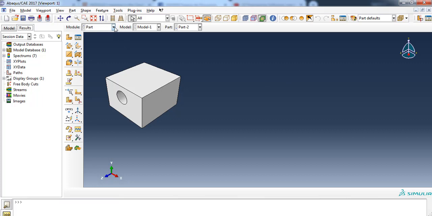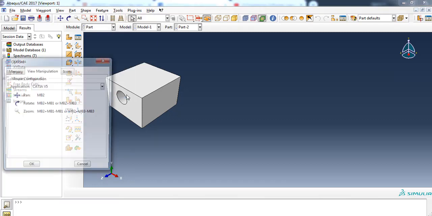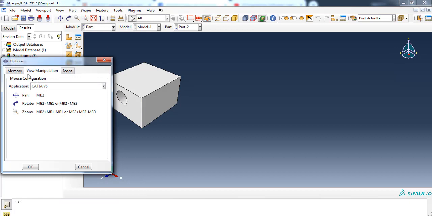That means before we explain the Sketcher module, I will go to the tools and go directly to the options here. Yes, the options, and go to the view manipulation. This is the mouse configuration, and I advise you to choose one of the most used software that you have already used in order to configure the same manipulation of the mouse